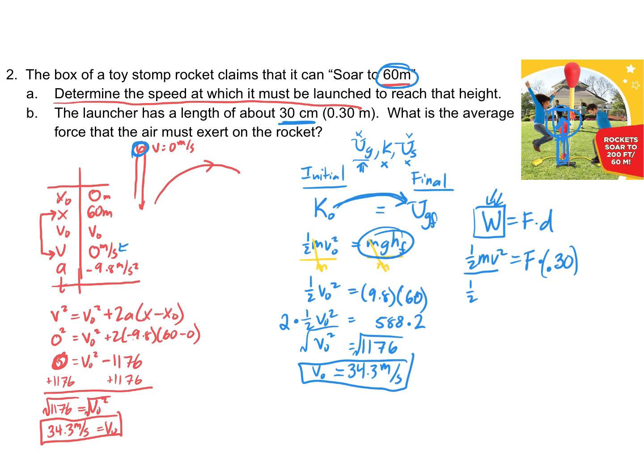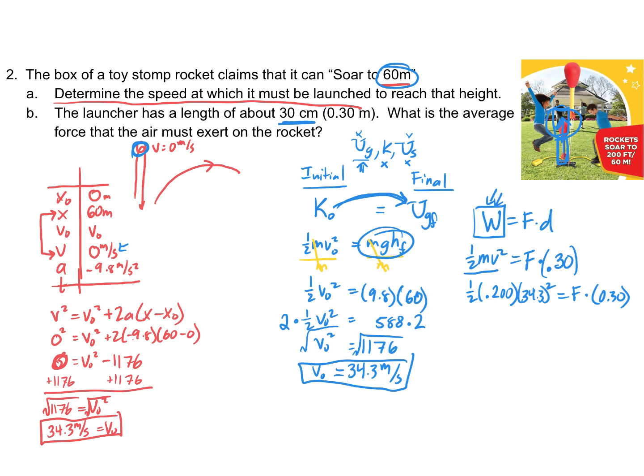So yeah, I just went and looked it up. The mass is about 200 grams. Now 200 grams, I've got to be careful with that. 200 grams is going to be 0.200 kilograms. And then I know the launch speed was that 34.3, which needs to be squared. That's going to equal F times that 0.30 distance. So I'm going to do 1/2 times 0.200, and then multiply that by